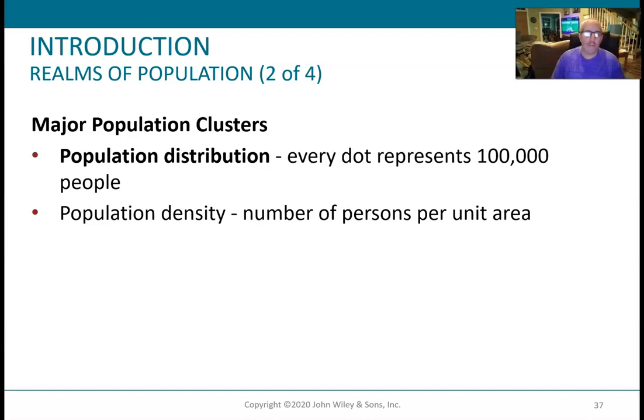Population density is more of a measure of how many people per unit of area live there. So that tells us kind of how packed in they are. So think about it, typically in the United States we say per mile. So let's say in Wyoming you might have a population density of 5 people per square mile. In Japan that might be 2,000 people per square mile. I'm just making those numbers up. I haven't looked those up either, but that gives you an idea of population density, how many people are crammed